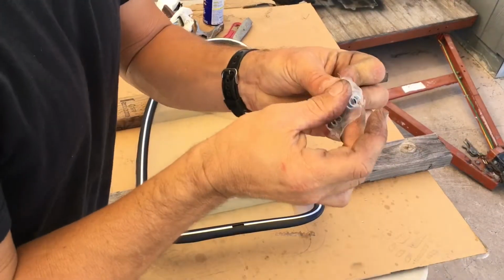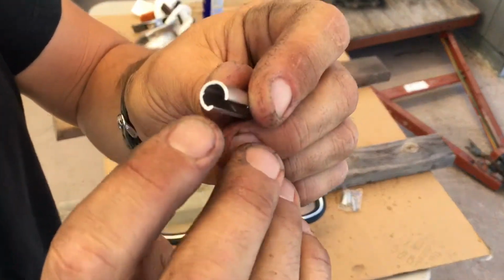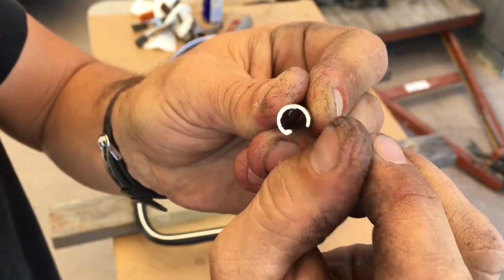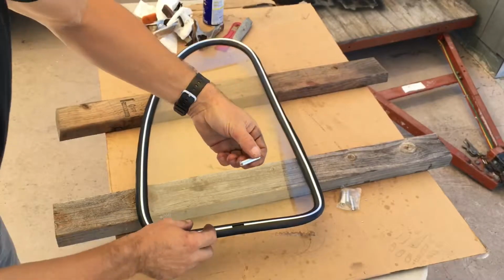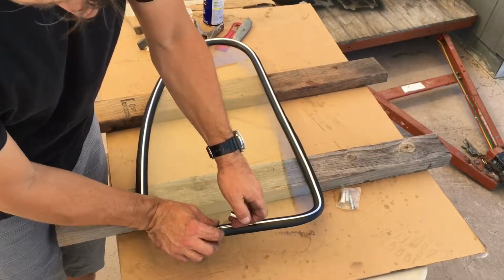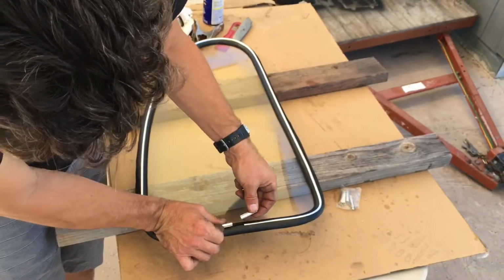Okay, so these are the little locking rings, and you can see on here there's a little lip, whereas there isn't a lip on this side. This lip goes to the glass side of the trim. So take an end, lip on the glass side,